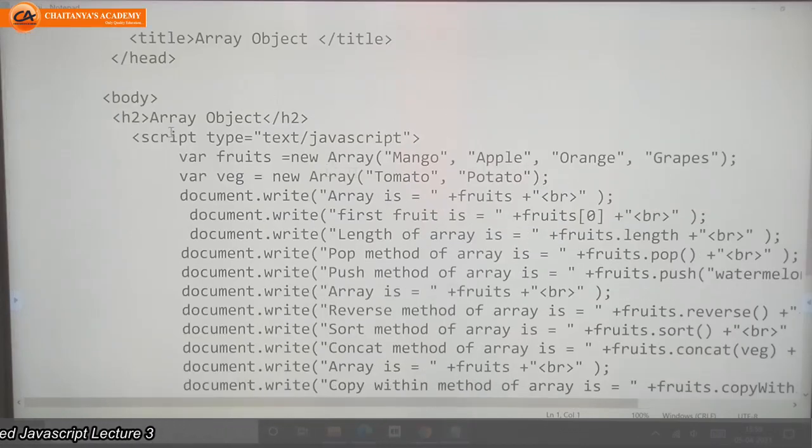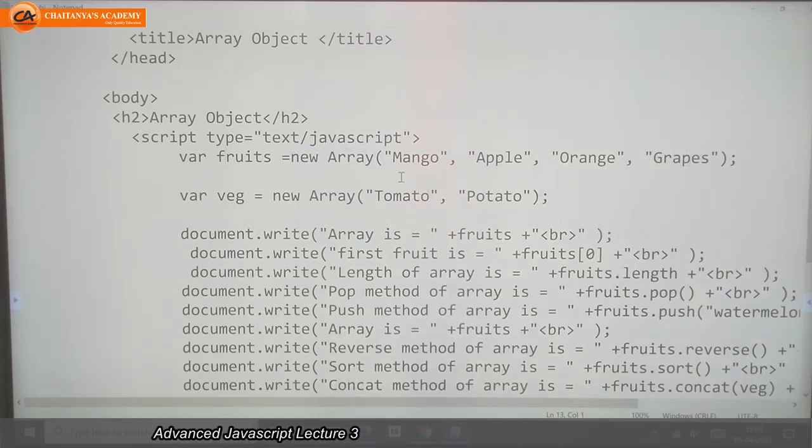See here again I wrote one array, instantiate this array, and I assigned this array value to fruits. The values I passed here are named fruits: mango, apple, orange, grapes.